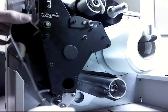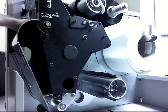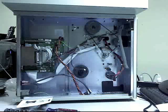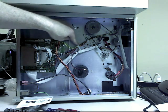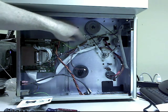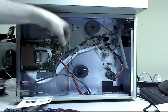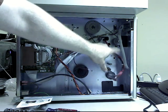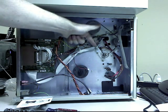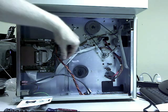Now we install the big shiny mounting plate. This is easy. You just hang it on here on the front of the unit. Now the wires for the sensors have to be routed through these retaining clips so that they don't get caught in the pulley. So I've taken the green one and run it this way from the top, and then the bottom one is a shorter cable, so I had to route it from here up through this one, and I put it behind the wires that are already there, which will keep it out of the pulleys,